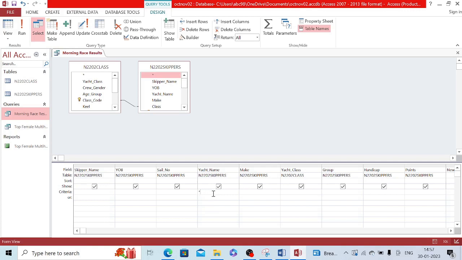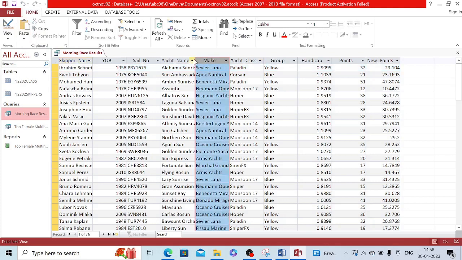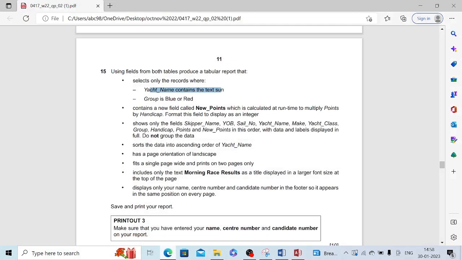Asterisk son asterisk, like son. So whichever field in which son is there, all those data should be visible. See, yacht name. Yacht name should contain son. So in this yacht name, everywhere where son is there, all those fields are being visible. Next,